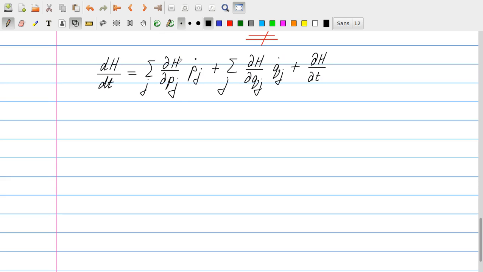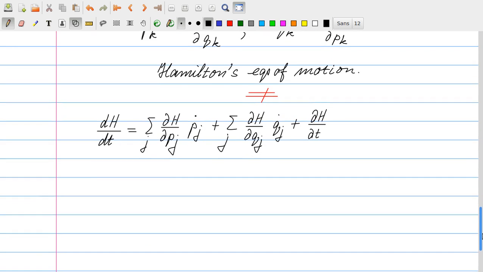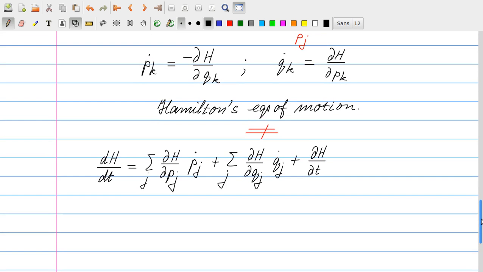I first get the derivative with respect to the pj times the time derivatives of the pj's, and similarly for the q. And then I have also this explicit time dependence, so remember that was this last dependence here, which was eventually there and which is always due to some external influence,